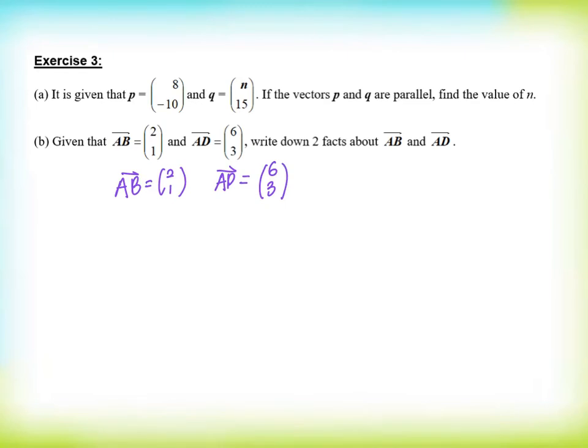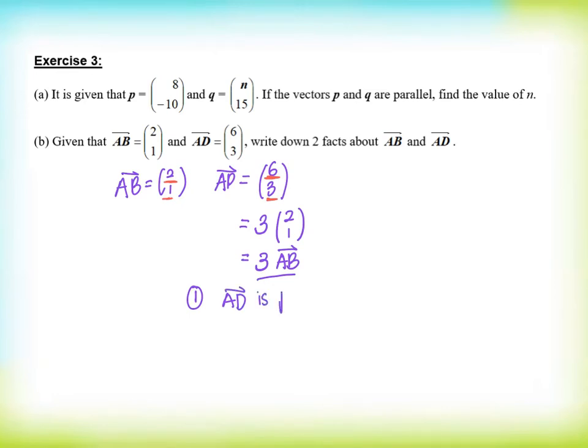Now, the relationship between 6 and 2 is 3 times of each other. 3 and 1, that's 3 times of each other. That means AD can be written as taking out a factor, a multiple of 3, 2, 1. And that makes me change this column vector into AB. So AD will be 3 times of AB. Based on this, my first conclusion, fact number 1, AB